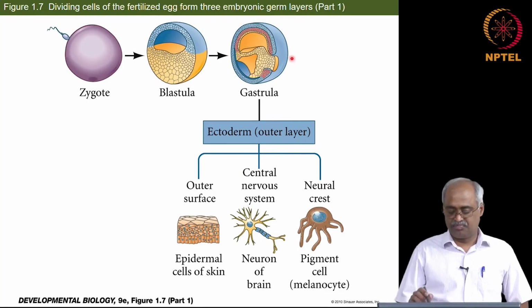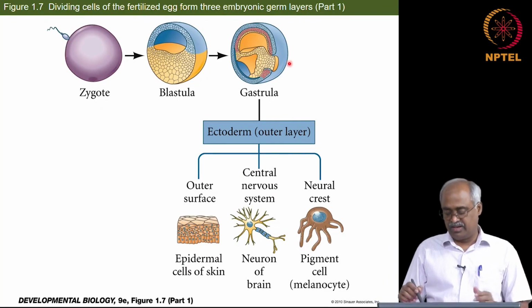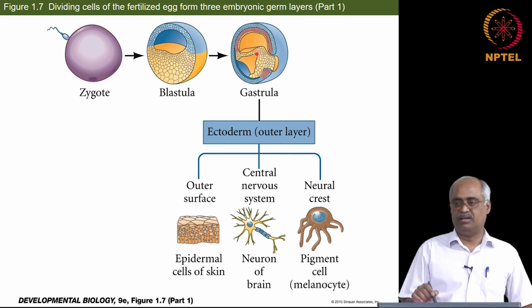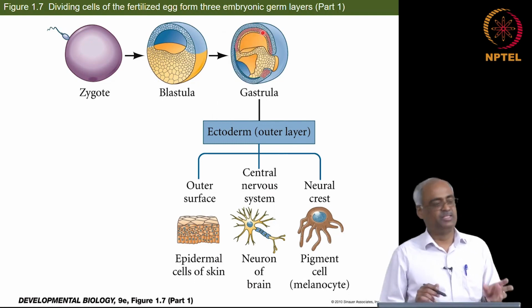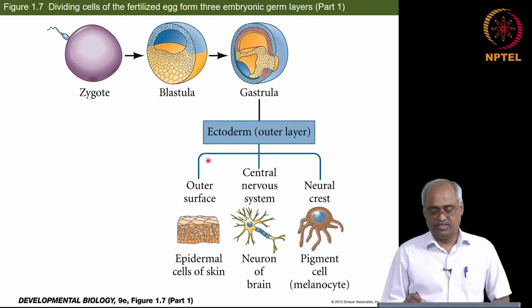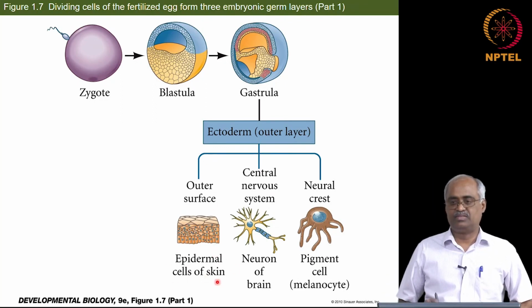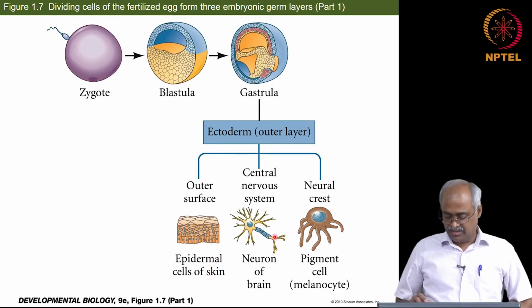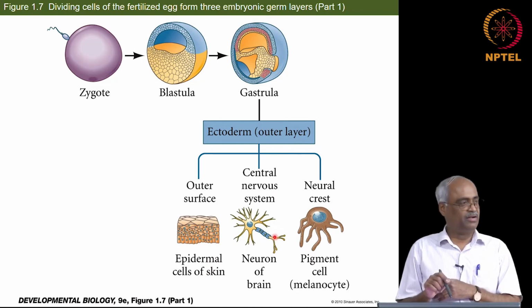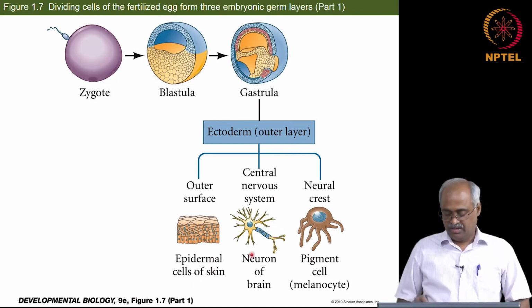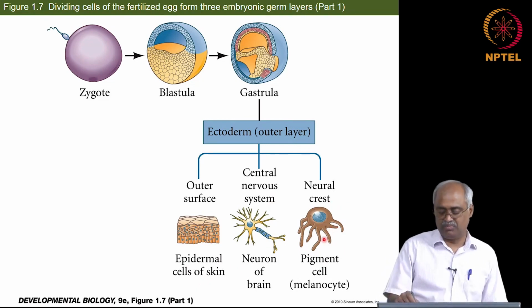In our entire lecture series we will have these colors maintained. This blue color will be ectoderm, that pink would be the mesoderm, and then yellow, or orange, would be the endoderm. So the ectoderm, the outer layer, gives rise to the surface cells of the skin, not the entire skin, remember that. So oftentimes people make that mistake. And the inside portion of your skin, called the dermis, is from mesoderm. And neurons, and then the neural crest from which you get these pigment forming cells.